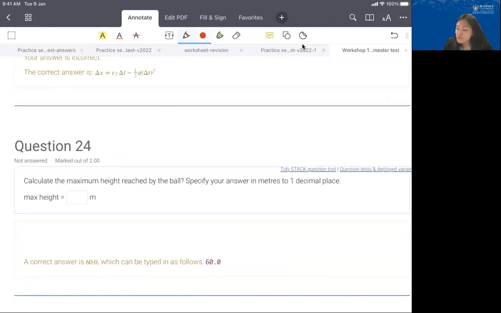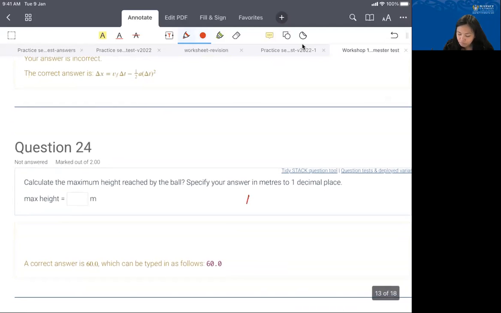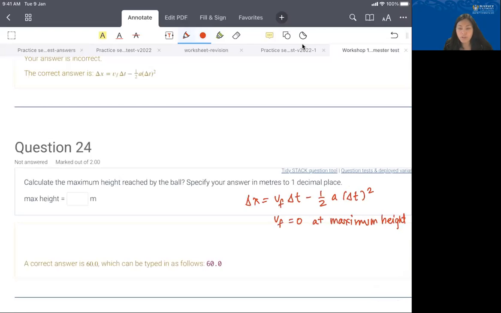So we've chosen the equation delta X is equal to VF delta T minus 1/2 a delta T squared. You can simplify this equation because if you refer to your table of facts, VF is equal to 0 at maximum height, right? At maximum height, the ball stops momentarily. And so VF times delta T, that's 0. You only have minus 1/2